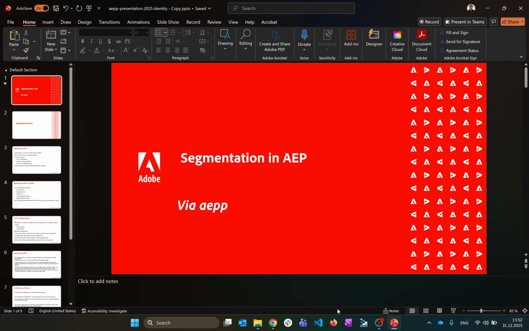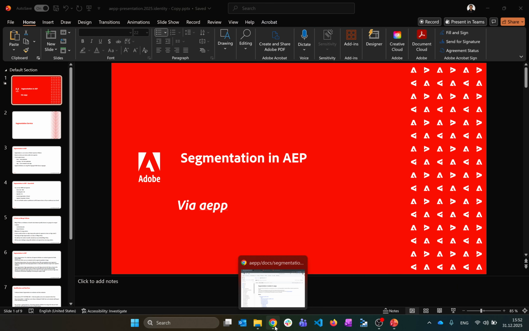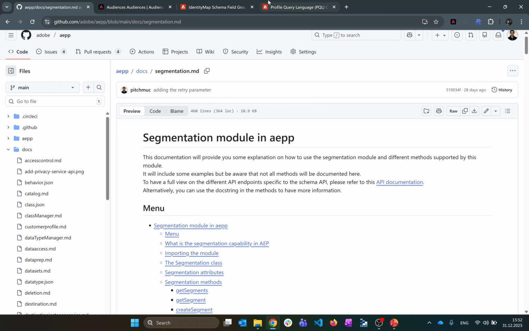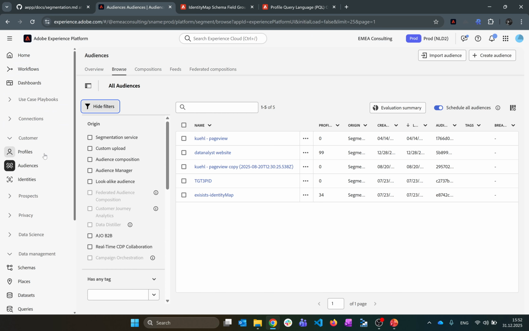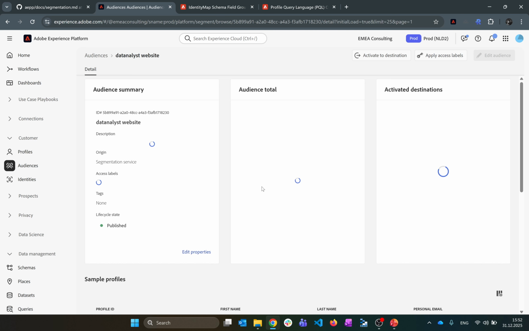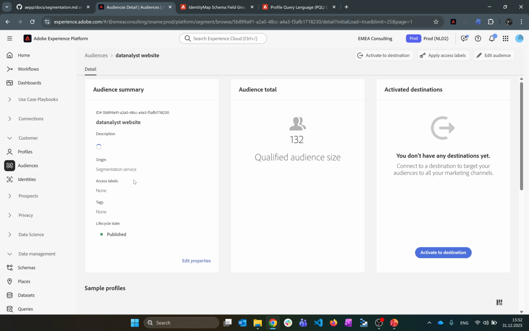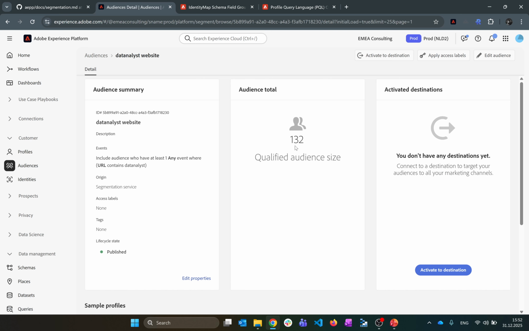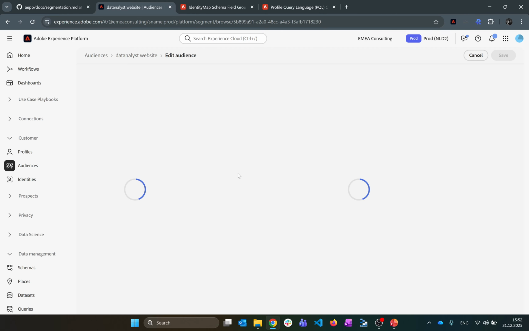So now let's have a look quickly into the UI. And you can see the segments are based now on audience. They changed the name, and we have some segments, and you can see this data analyst website, which is basically a segment that now has 132 qualified audiences. And we can look at the audience